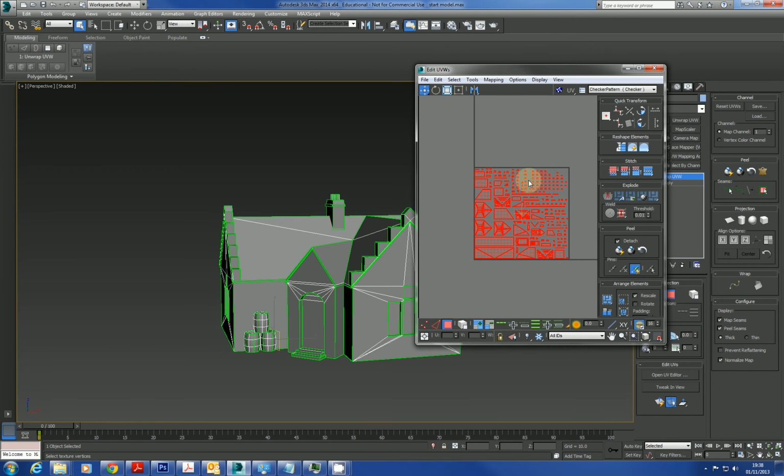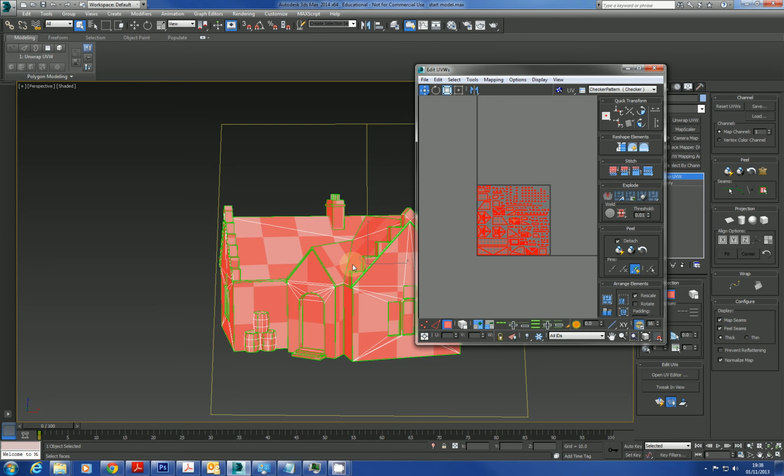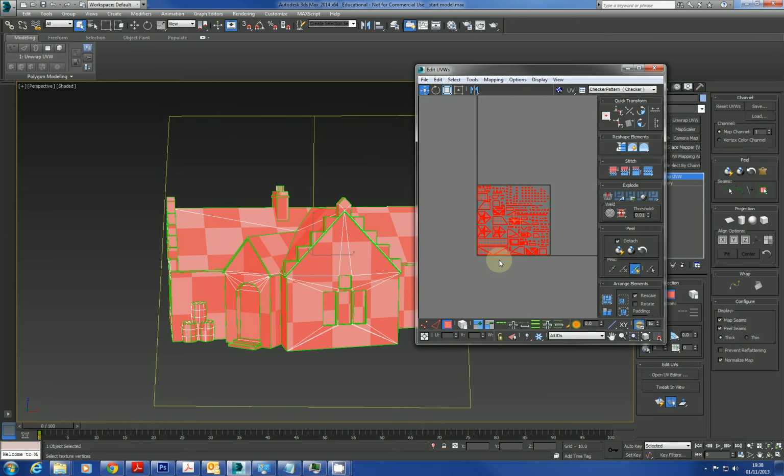So all the proportions are there. If I put my checker on, it's flattened out everything the way it should be. So it gives us a good base to start off from. What we'll do is select one of these. First of all, we'll move all these faces away again, and we'll do pretty much the same thing that we did and create the